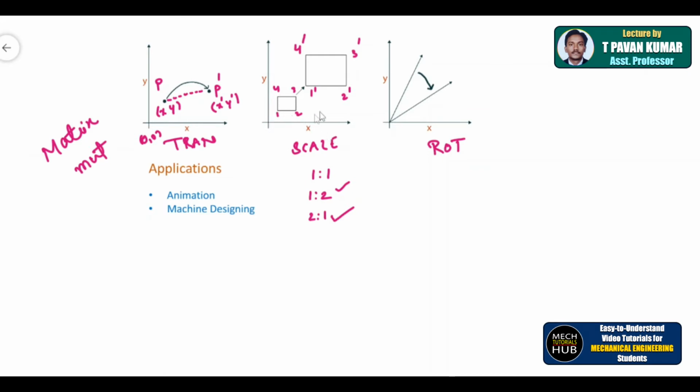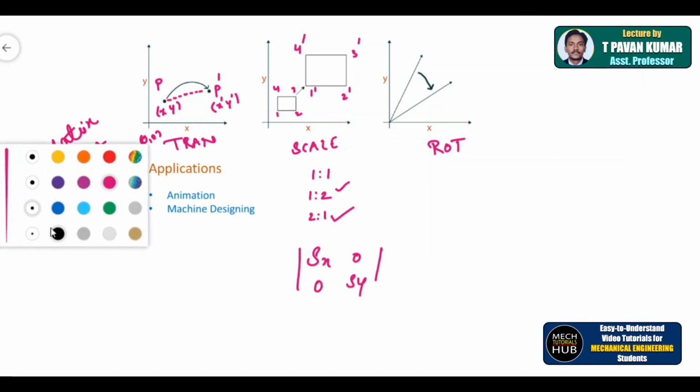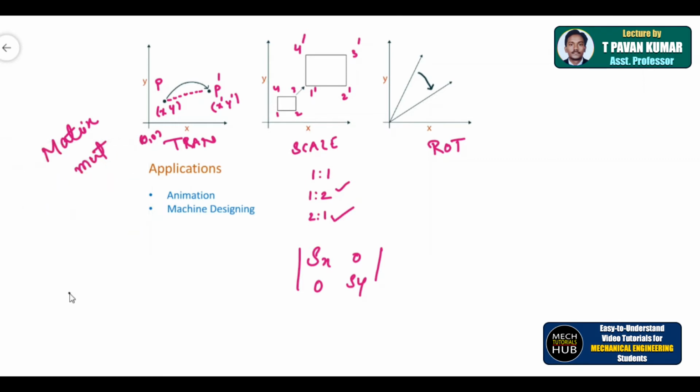Alright, now if you consider this as the first quadrant, then both x and y are positive, and if you talk about the second quadrant, here x becomes negative. Whenever we talk about scaling, the matrix is going to be Sx 0, 0, Sy. This is how the matrix is going to be. If you simply consider Sx as a negative sign, then obviously the scaling position will change accordingly. Similarly, if I say Sx, Sy, accordingly the unit's position will change.